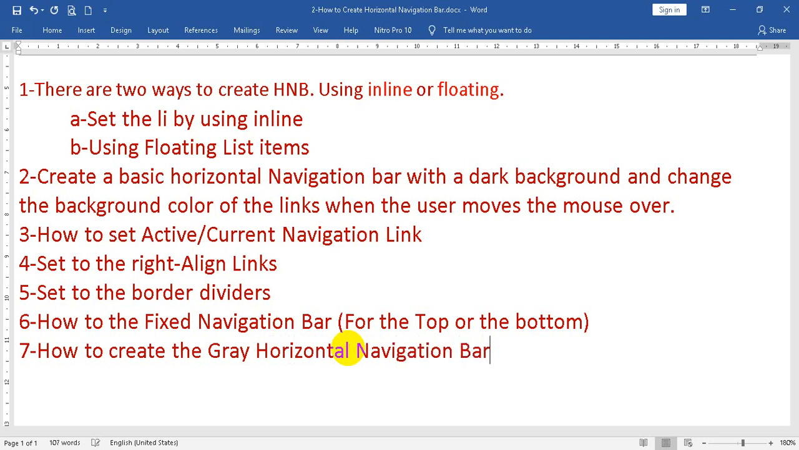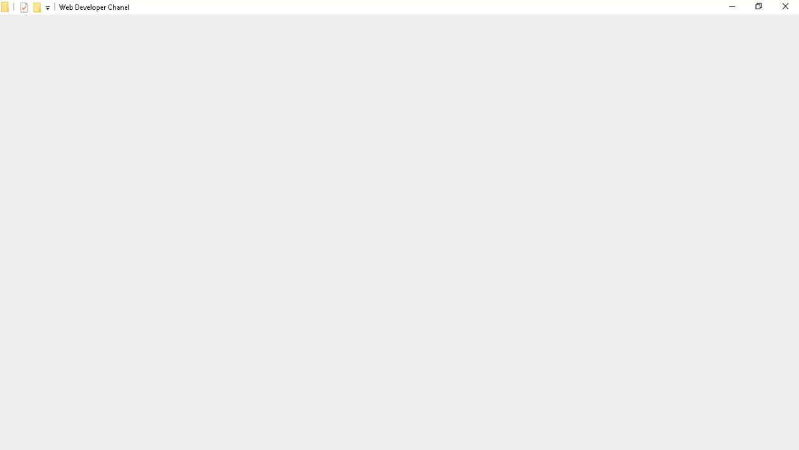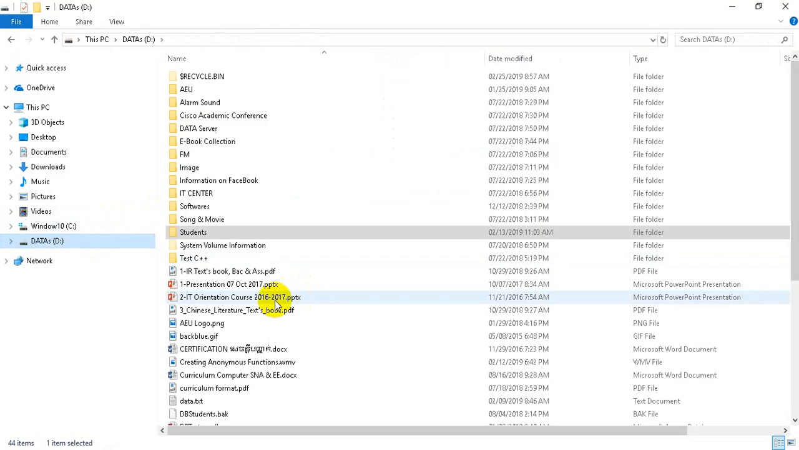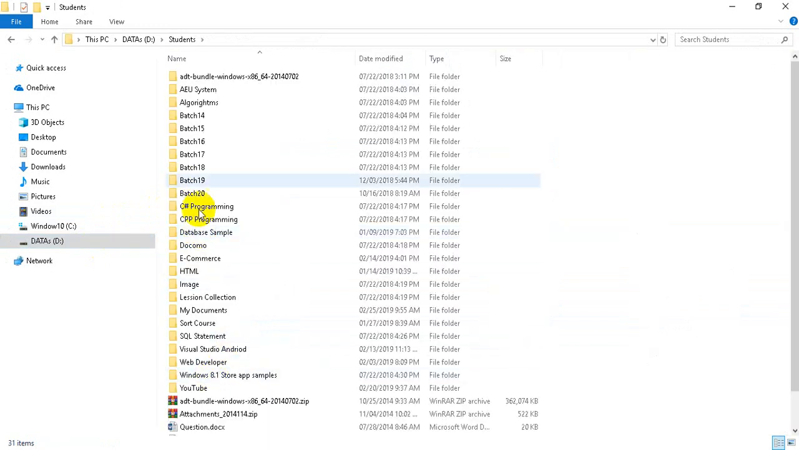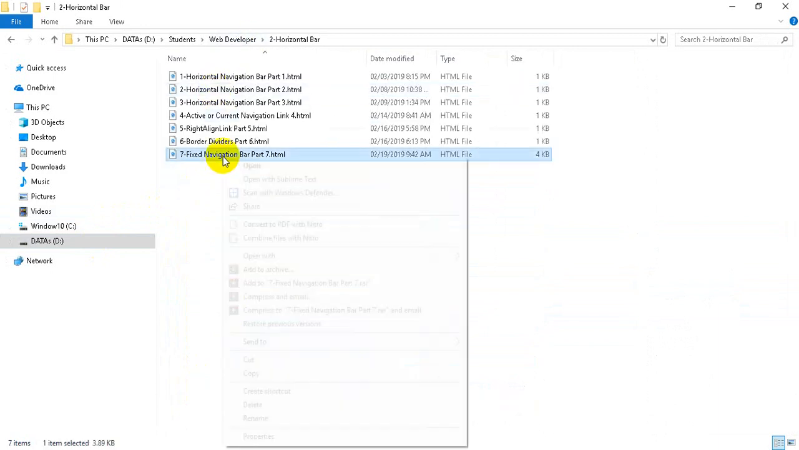Okay, in part 7 we showed you how to fix the navigation bar for the top or bottom menu. But in part 8, we want to show you how to create the gray menu. Yes, the same: you can go to your part 7, the web developer folder. Okay, you can copy